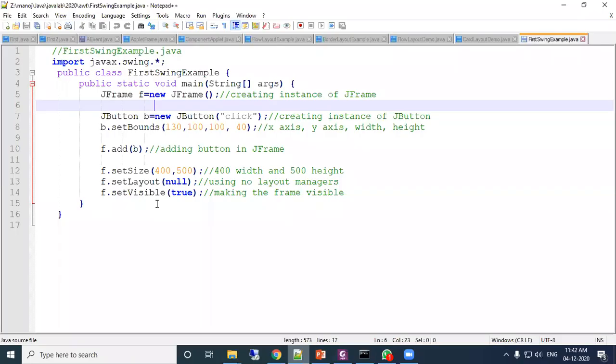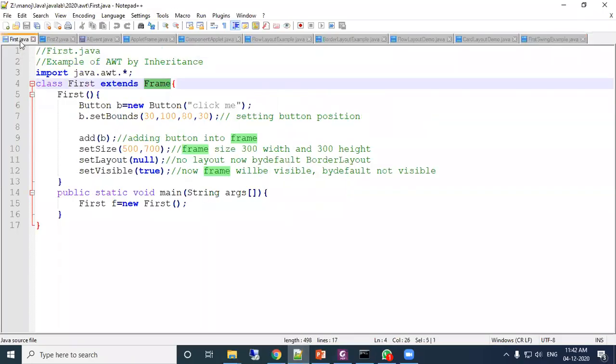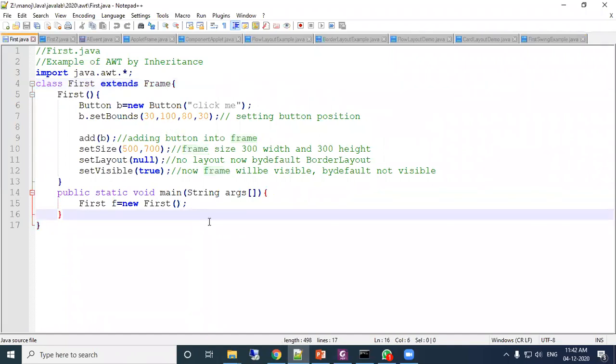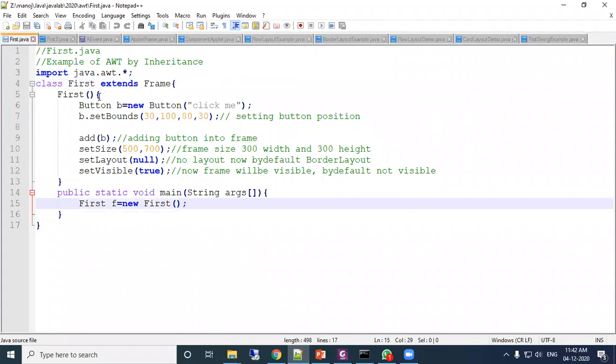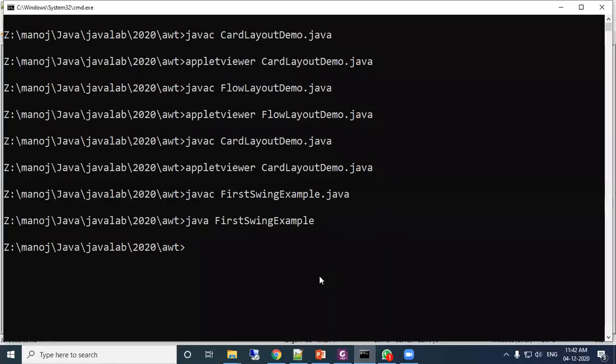As we have seen one AWT program here, I will again demonstrate this AWT program.